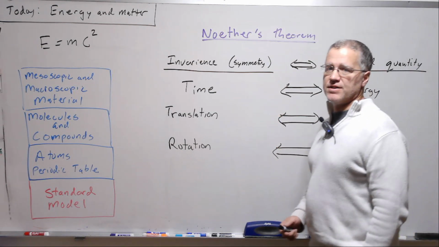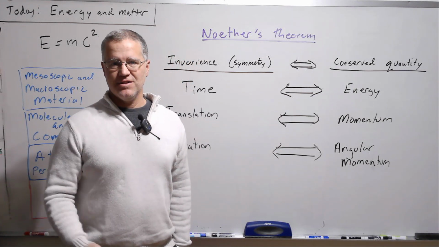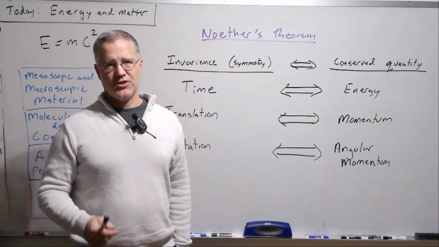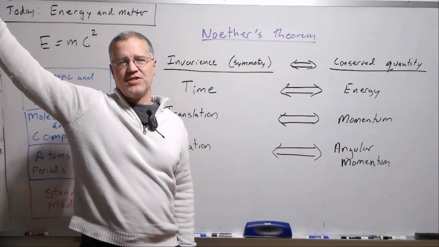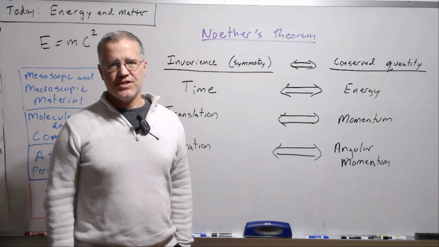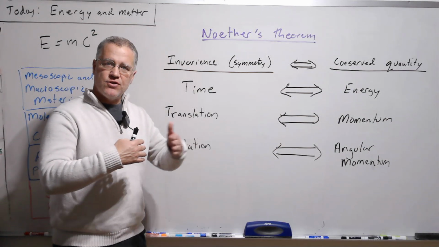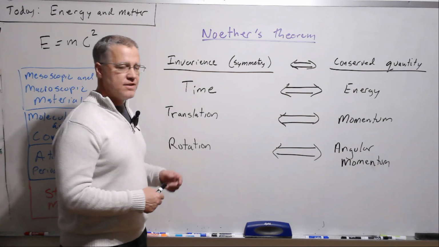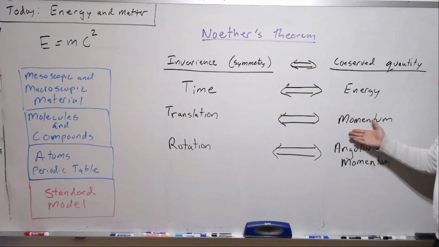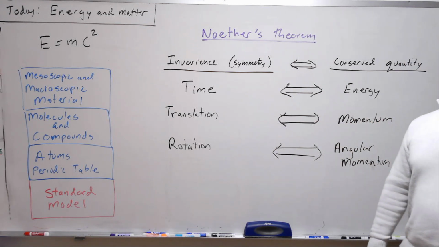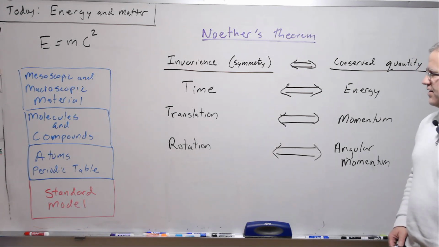There's a translational invariance. So the physics that I'm talking about here in Minnesota, and the physics that you experience wherever you are, and the physics that's going on, if there's intelligent life out there and they're studying physics, they will be studying the same thing as we are. So there's a translation or positional invariance to the laws of physics. And that gives rise to the conserved quantity momentum. So the law of conservation of momentum is a consequence of translational symmetry or invariance.